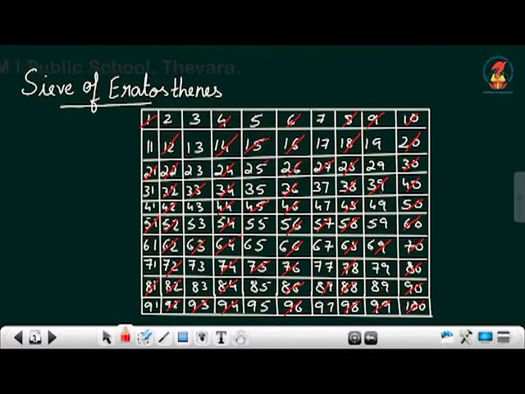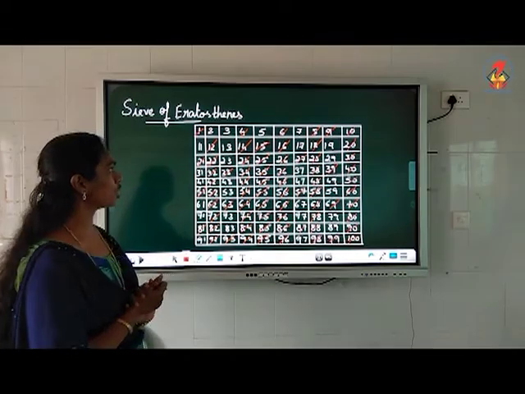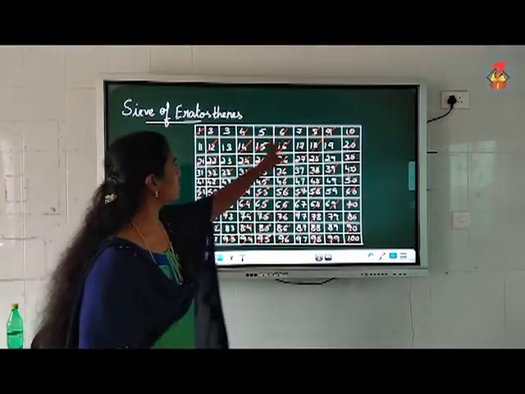So here, what is left you cut off. 25 is a multiple of 5. 35 is divisible by 5. 55 divisible by 5. 65 divisible by 5. 85, 95. Then in this line everything is cut off. Already it is cut off. So you have crossed out all the multiples of 5. Then what is next? 7.